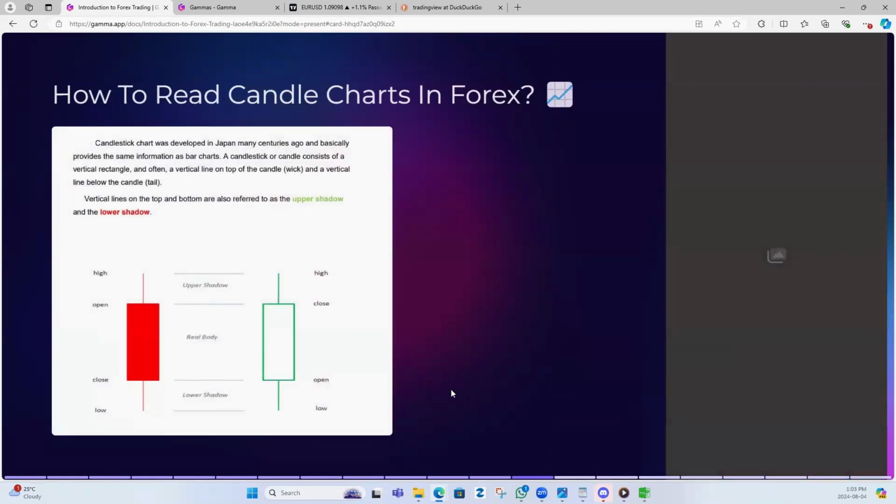Okay, how to read a candlestick chart. Basically, you have a candlestick chart, which is basically what we do. We are